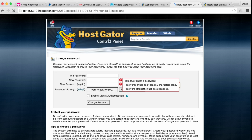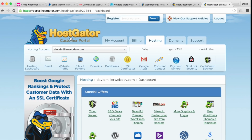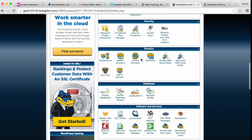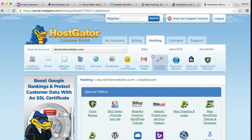Once that's taken care of, go back to your cPanel, and we're going to install WordPress. The way to do that is super easy. It doesn't matter if you're in your control panel here, or in your billing Hostgator portal here. Either one will take you to the place you need to go. If you're in your billing portal, you'll hit Hosting, and in either case, scroll down to Software and Services, and you'll see here under Hosting,